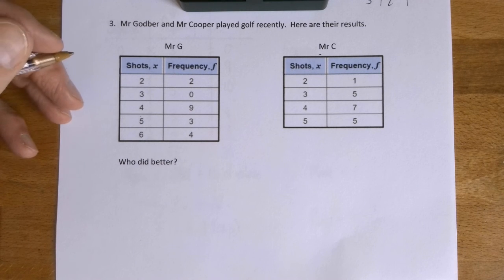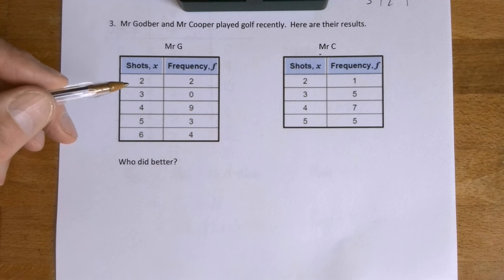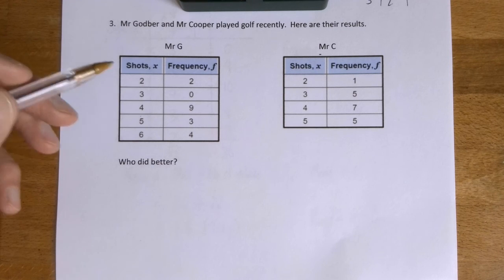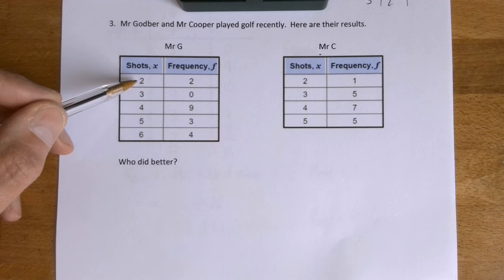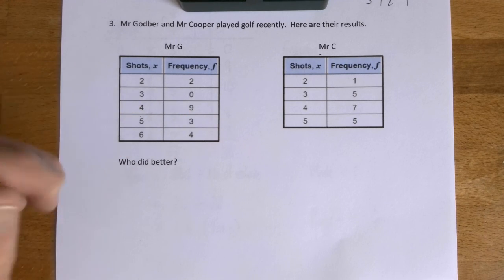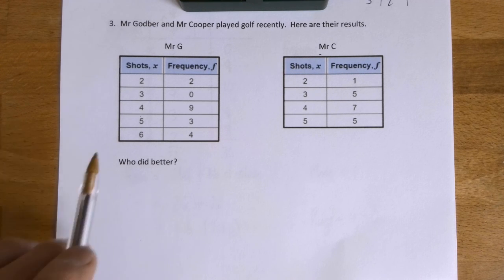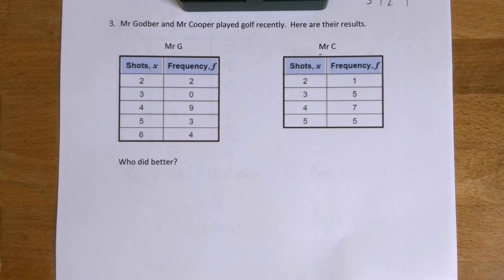So when you play golf, you want to do it in as few shots as possible. Less shots, better golfer. So what I'd like you to do is, using the techniques we talked about in this video, looking at Mr. Godber's data. So he took 2 shots on 2 holes, 3 shots on no holes, 9 holes, he took 4 shots, etc., etc. And looking at my data, I'd like you to decide who did better. I hope you're going to be able to use the mean and probably the range as well to decide who did better. And on Monday, I'm going to start the video by talking about how I would have answered that